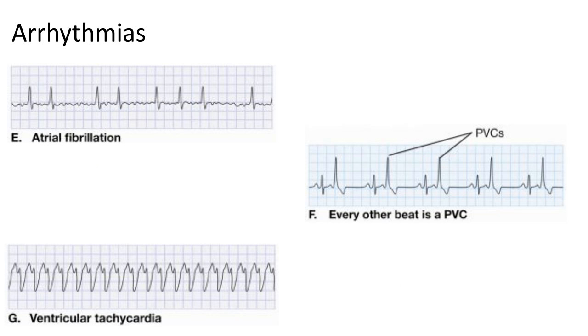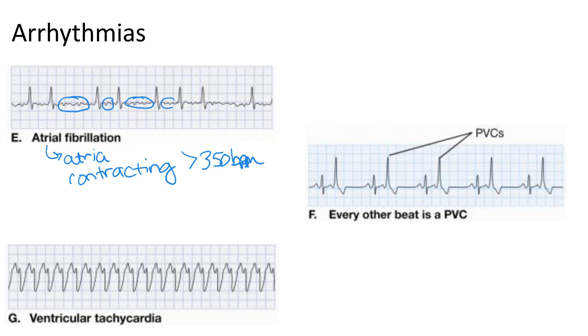Okay, the next one you may have heard of on some of your medical shows and stuff, atrial fibrillation. So atrial fibrillation, basically the atria is contracting really, really fast. It's almost like fluttering because it's contracting so fast, greater than 350 beats per minute. I mean, it is just boom, boom, boom, boom, boom, boom, boom. Okay, and so basically what we see then is a whole bunch of these little atrial contractions here because it's